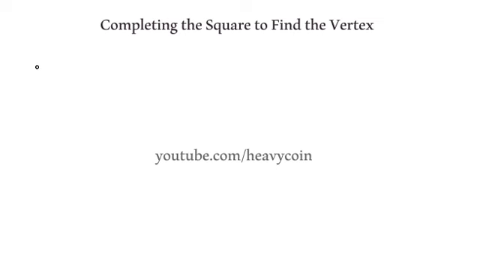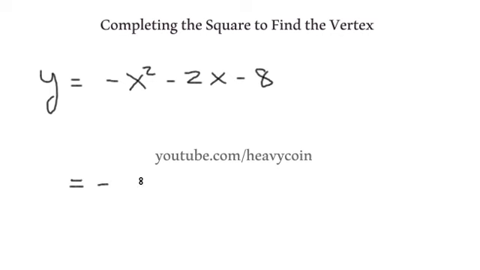We have y is equal to negative x squared minus 2x minus 8. Now here's something I may have not mentioned. This needs to be a positive right here. And what we're going to do is pull this negative out. So we have negative, x squared plus 2x